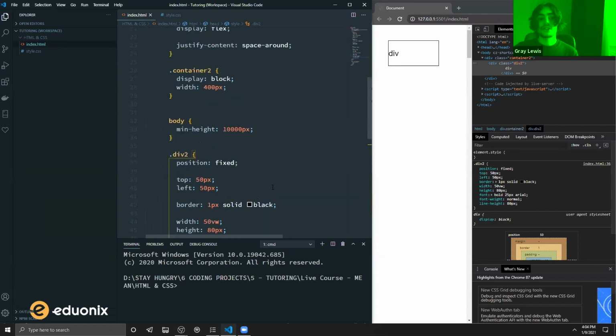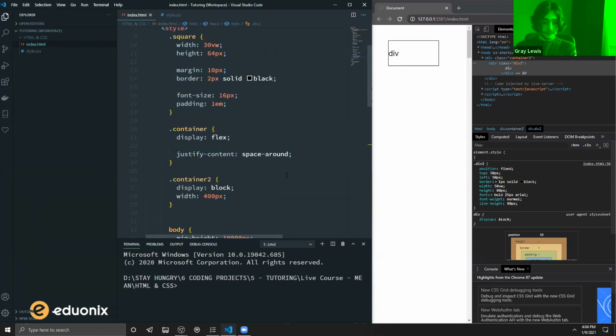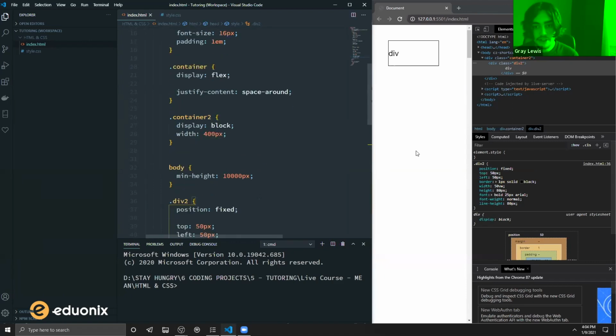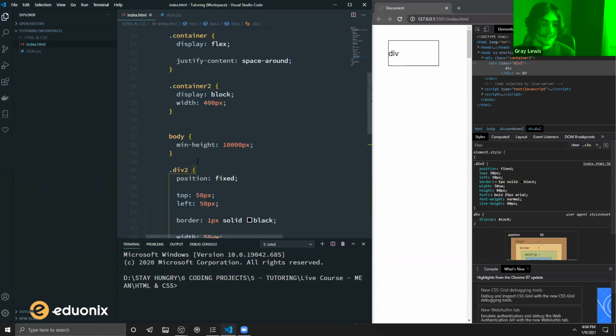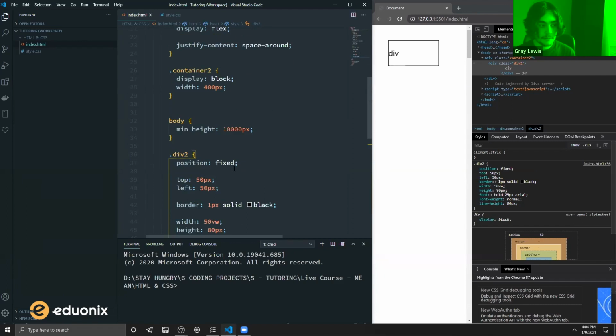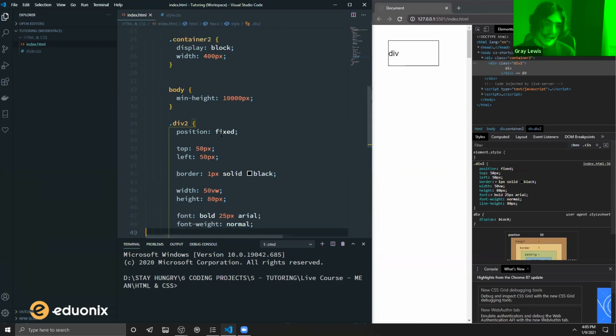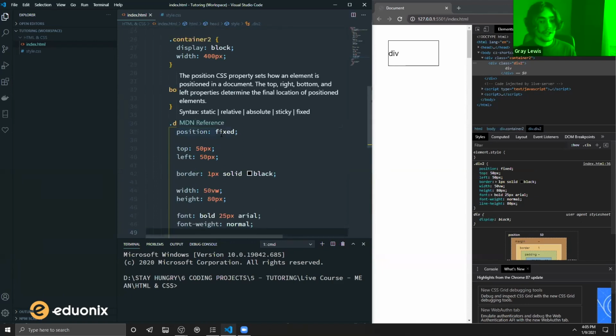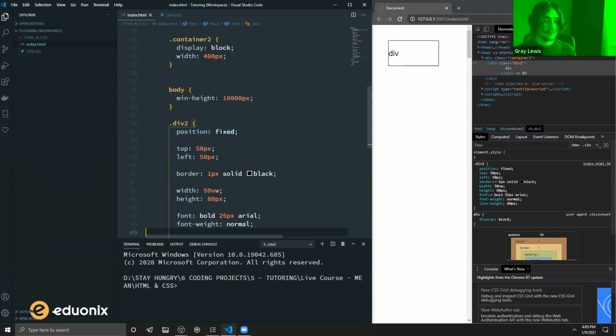But going back to our positioning example, we have this div now. We have the fancy fixed position, which is actually relatively new to CSS. Yeah, so you can see how these different values are interpreted in different ways when we change the position. These top and left values are changed. And that gets really confusing. Position is one of the more confusing